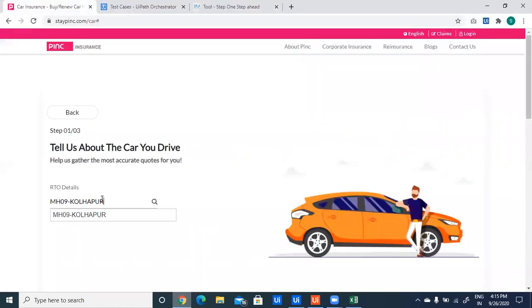After entering RTO details, it will ask to select from this list, so give a select option. Then I have to enter the car make model, and it will ask to select from this list.